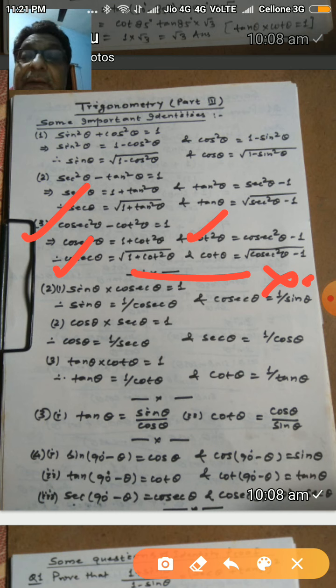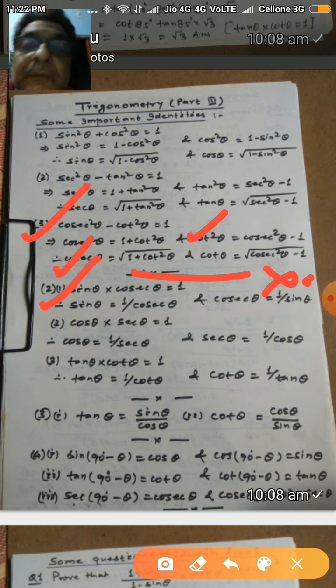Now the another set of identities. From the first part, we have seen that in a right angle triangle, for any acute angle, sin theta is equal to p by h, cos theta is equal to b by h, and tan theta is equal to p by b, and three ratios are reciprocals of these: cot theta, sec theta, and cosec theta. In that case, sin theta and cosec theta are reciprocal. So the first identity here is sin theta into cosec theta equal to 1. If we find it separately, then sin theta is equal to 1 by cosec theta, and cosec theta is equal to 1 by sin theta.